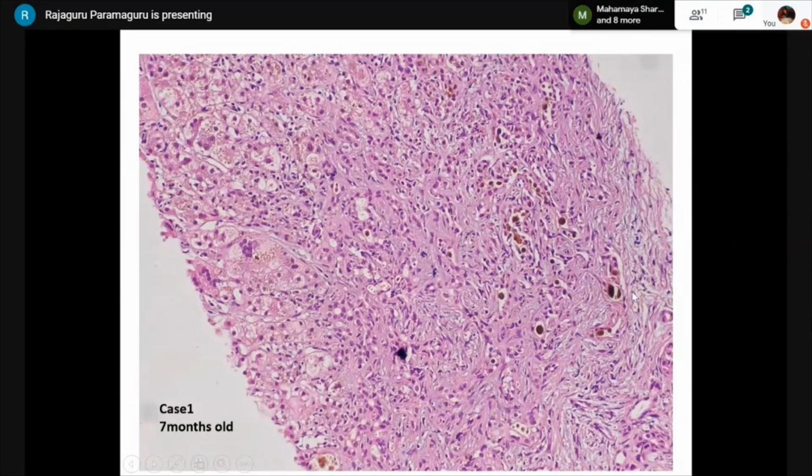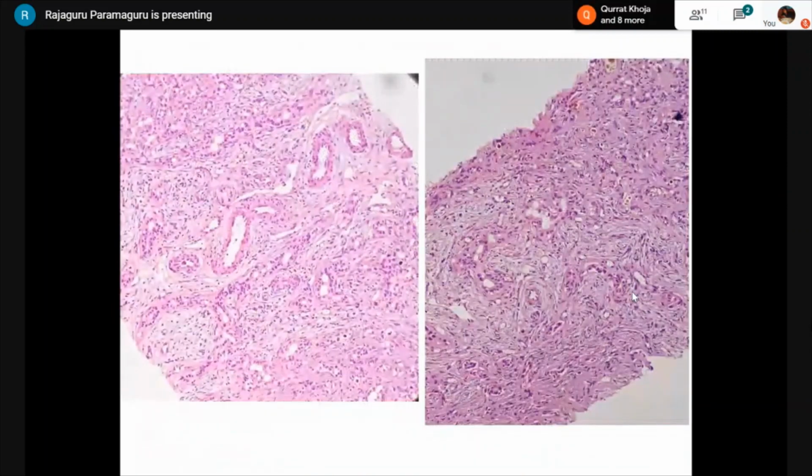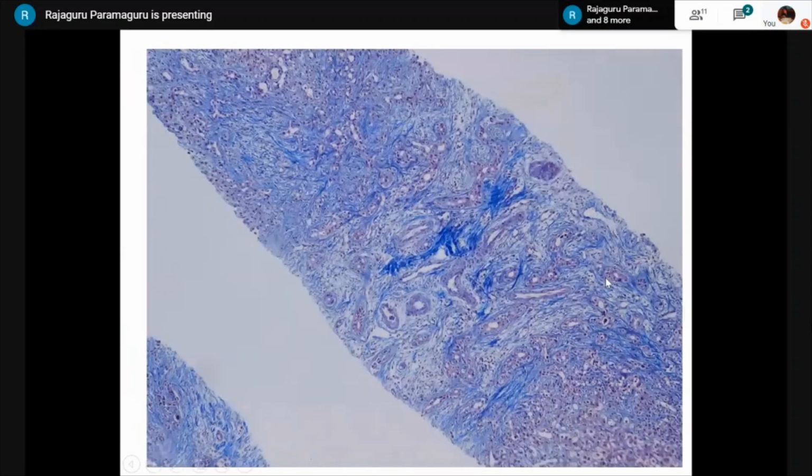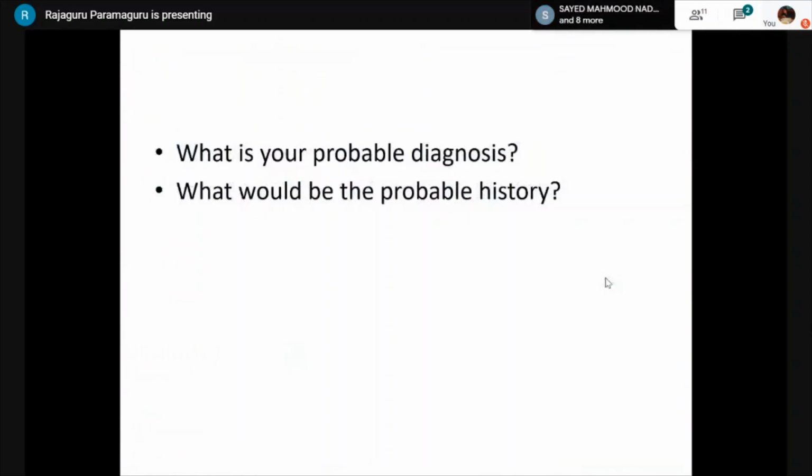I had given only very few causes of ductular cholestasis or cholangitis lenta, so cholangiolar cholestasis. Only a few causes I had described last session. So think about that, and this area where you see these anastomosing duct-like structures. So anything? Any diagnosis, sir? Anybody would like to take a call?